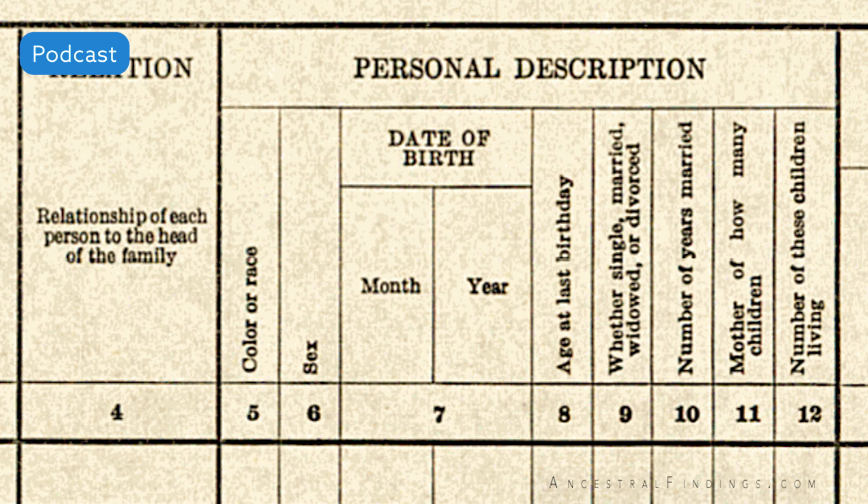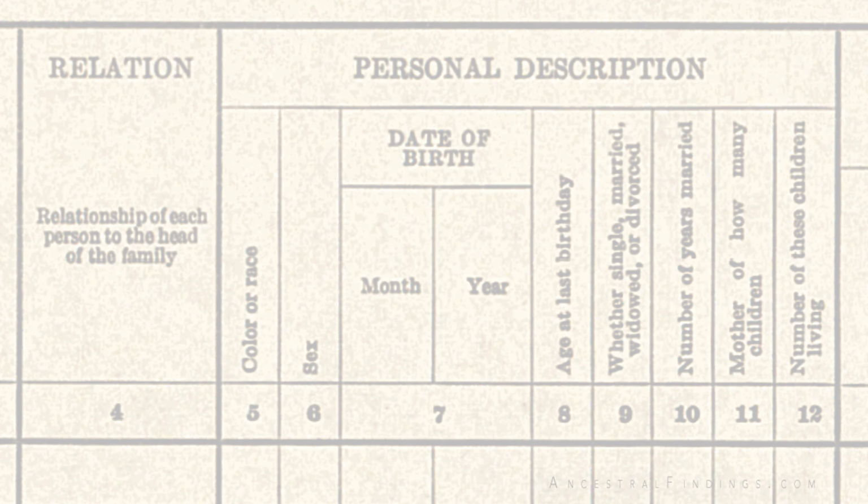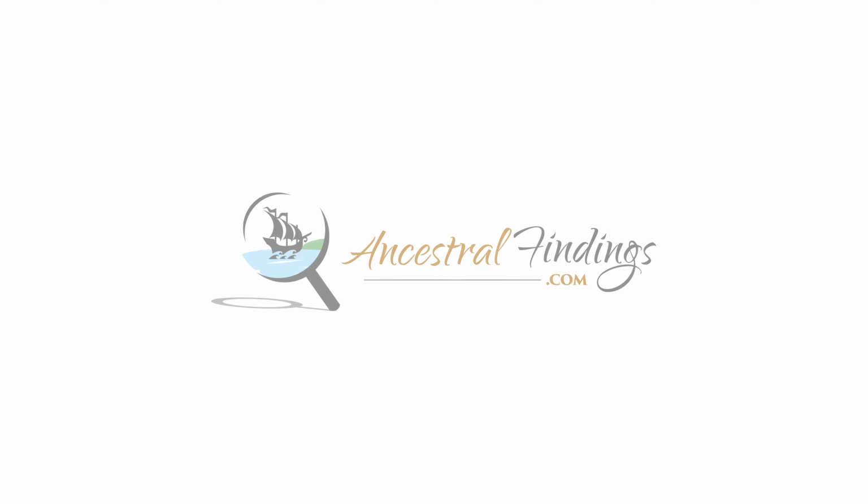Check old newspaper records. If the marriage record seems to have been lost to time, the announcement of it may still exist in an old local newspaper. It may be just a simple one or two line announcement, or it may be a detailed description of the wedding with the names of the parents of both bride and groom included. Newer records from the 1930s onward may even include a photo of the bride.